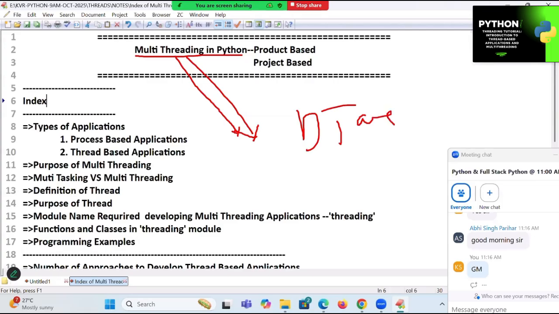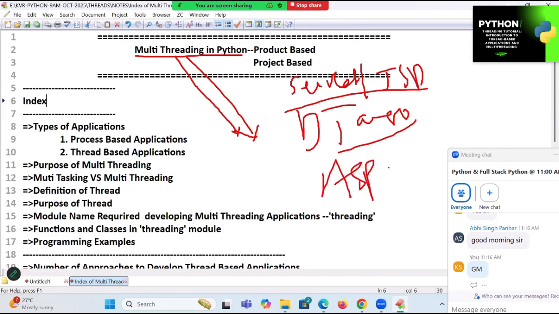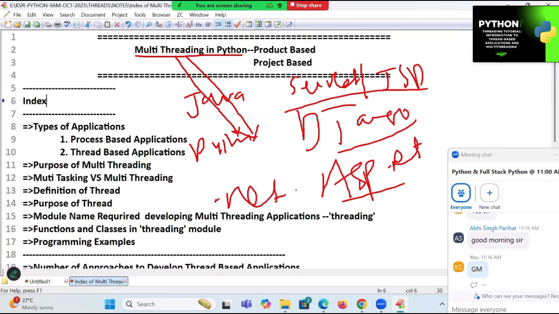For example, Django by default contains multi-threading. On the Java side, servlets and JSP by default contain multi-threading. On the .NET side, ASP.NET also has multi-threading by default. That is, for Java people servlets, for Python Django, for .NET ASP.NET.